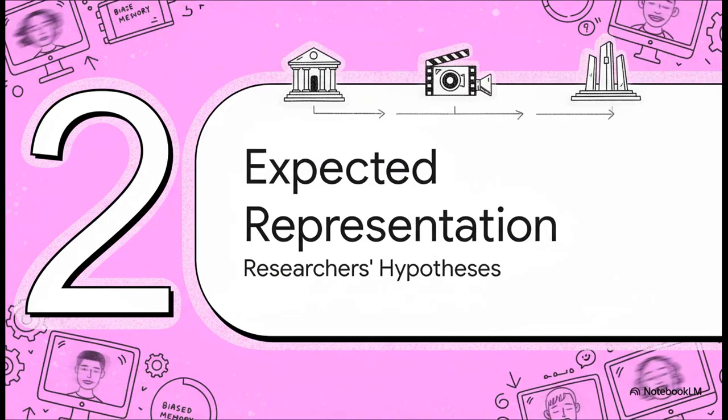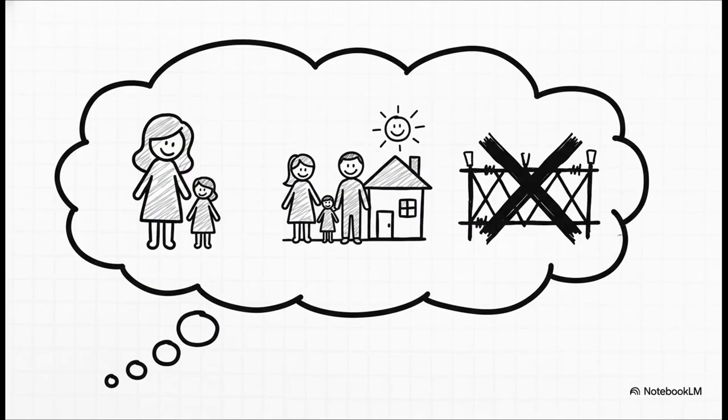Before they even started, the researchers had some really clear expectations about what they were going to find. And these weren't just wild guesses. They were based on how our culture, through museums, films, memorials, has spent decades learning how to tell the story in a more thoughtful way. For example, they predicted they would see images that were chosen to build empathy, so more photos of women and children. They also really expected to see the humanity of the victims, pictures that showed their lives before the war, not just endless images of suffering inside the camps, because that's how the best modern memorials do it, right?